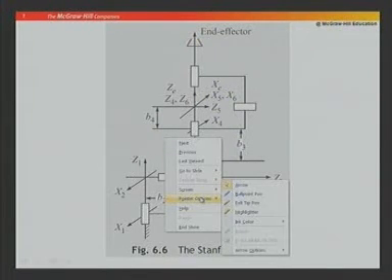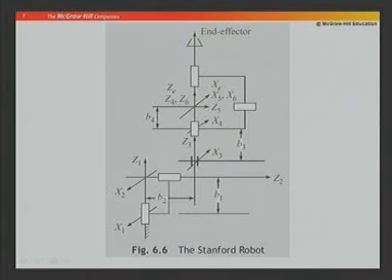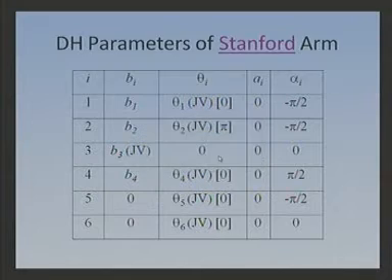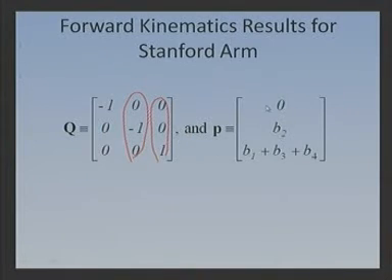So, this should be the P vector, and you can try to understand from this geometry what should be the value of P, and you can check that this should be coming out to be this value. Okay. So, with this I want to end the forward kinematics and would like to introduce the concept of inverse